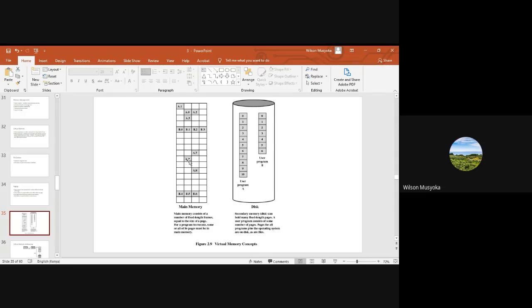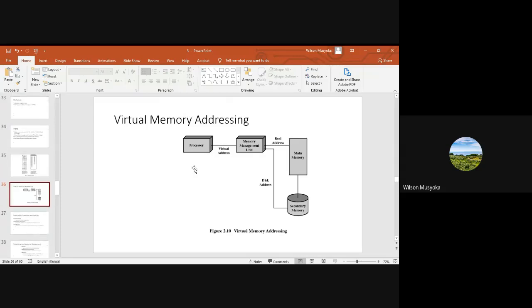So each one of these, like A9, could be pointing to the page we are calling 9, something of that sort. So this is how virtual memory addressing works, whereby the processor, like we said, needs to access